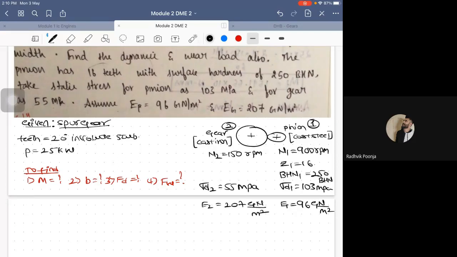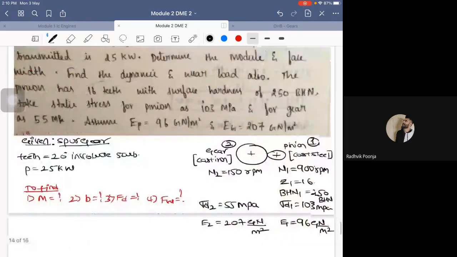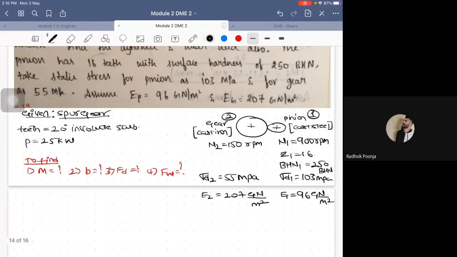I equals N2 by N1. That we need to calculate, right? But whatever is mentioned in the question, I think I have written most of the things, I have left nothing. So shall we start with the solution? Yes, sir. That's great. Now, as Radvik said, we will first calculate the value of I, which is the velocity